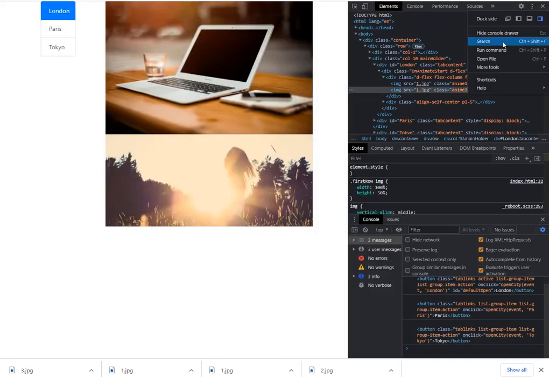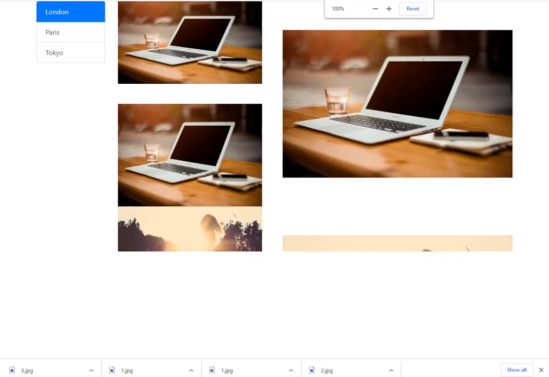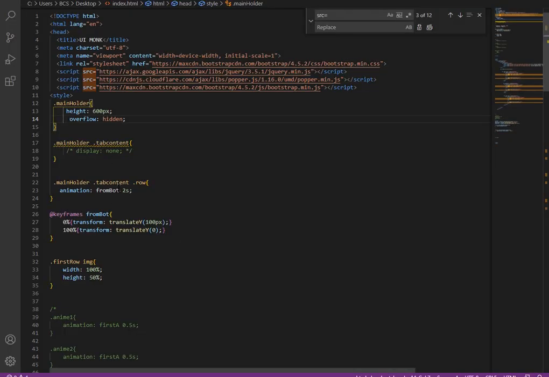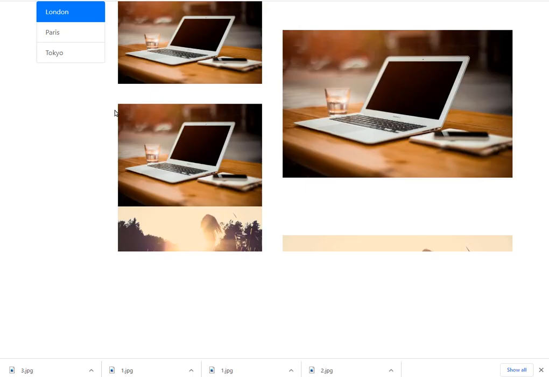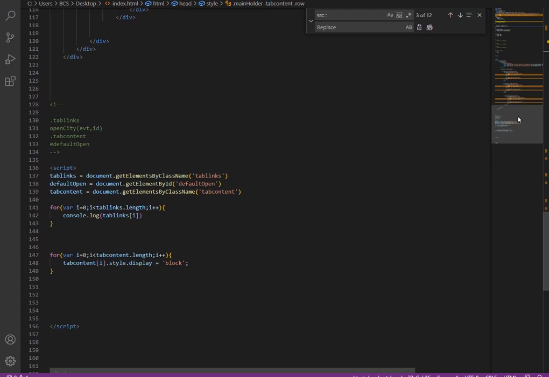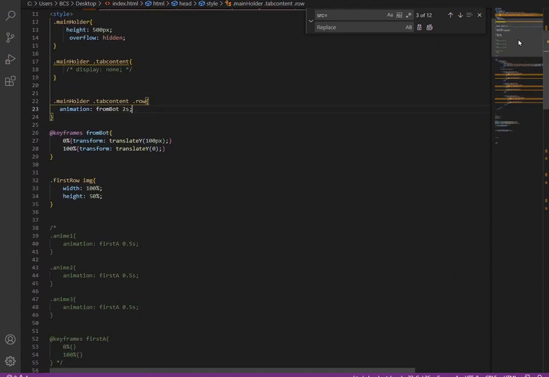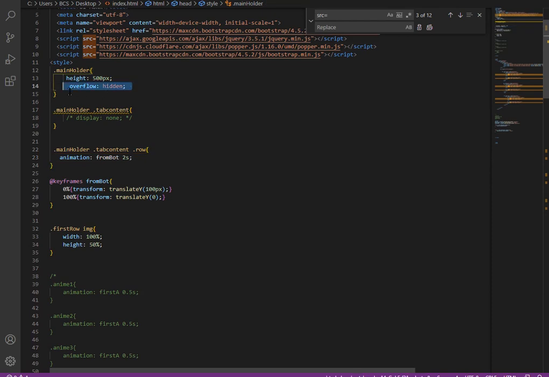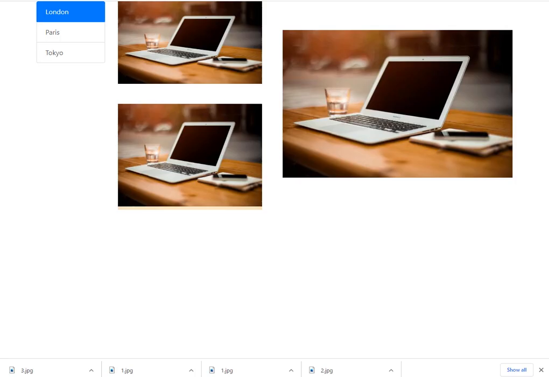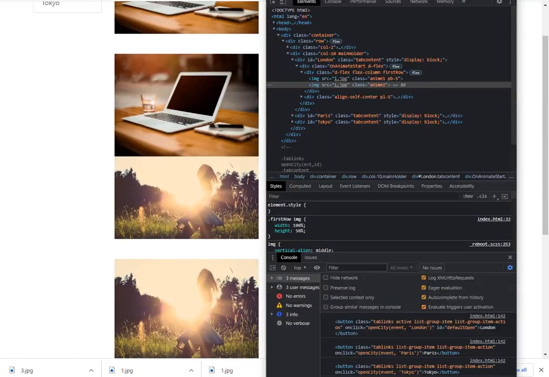Let's try to take this out, just to fix properly the height. Cool. Now we could see all the div, and comment this overflow hidden. Now all of them are visible.